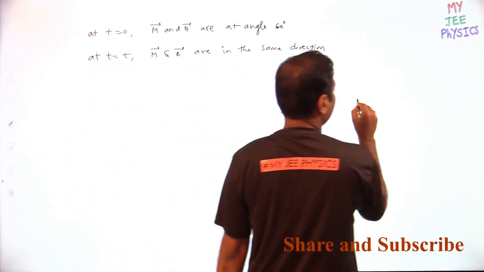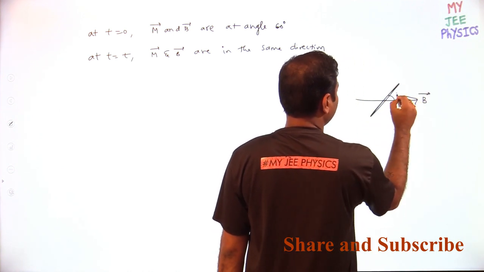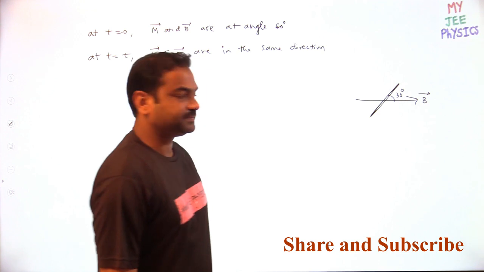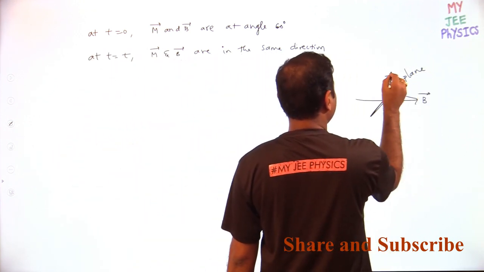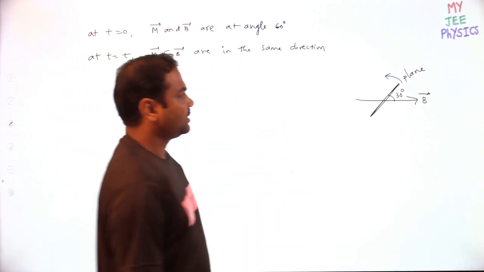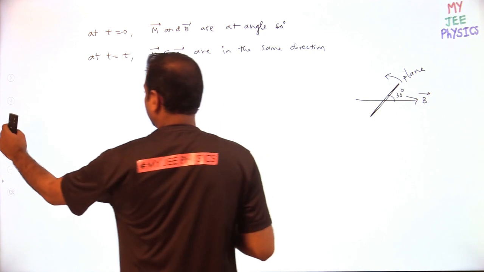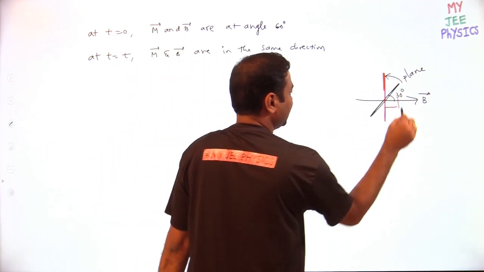So something like this. I will draw the diagram. This is the b bar, okay, and this is the plane. The angle between them is 30. Imagine this is the plane. Now the plane is rotated a further 60. Actually it has to be mentioned in the question, further 60, okay. So then how would the plane be now? The plane would be something like this. This is the plane. Now the plane and magnetic field are perpendicular.